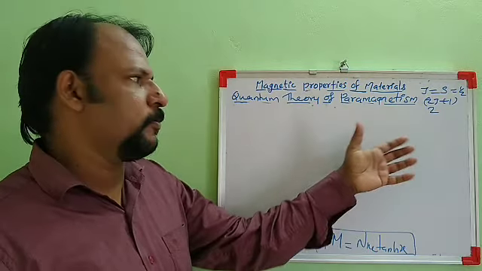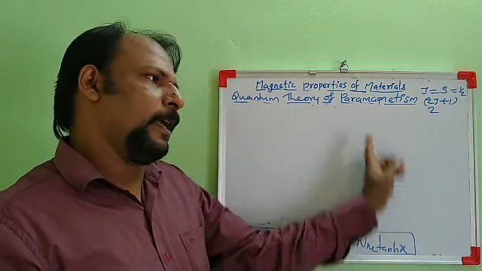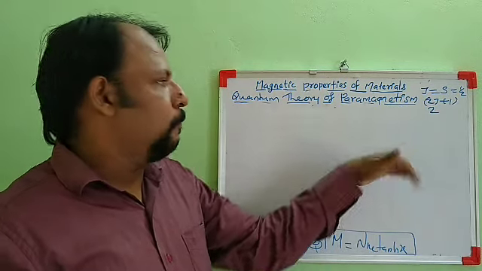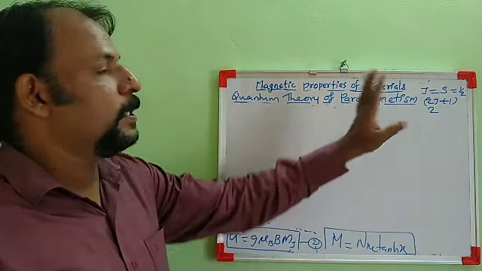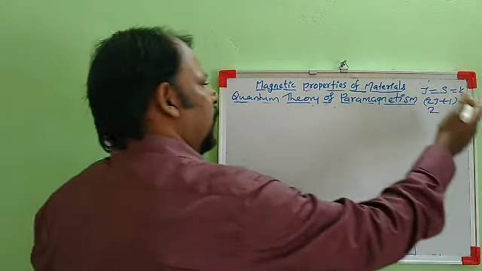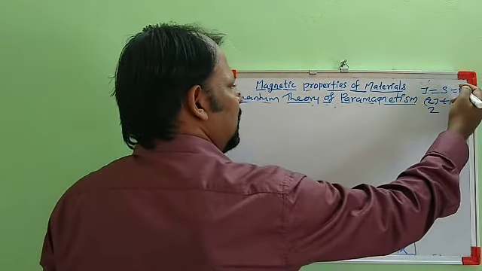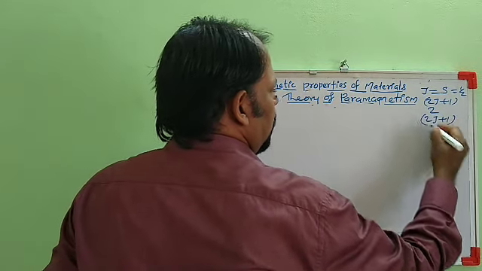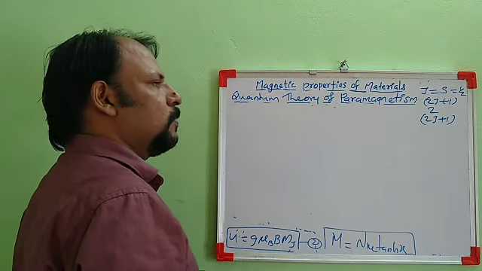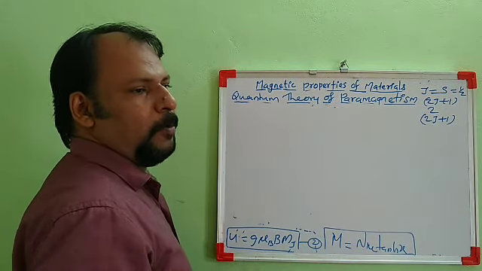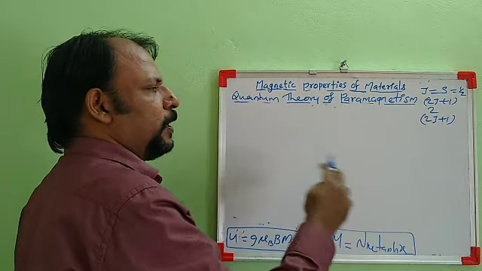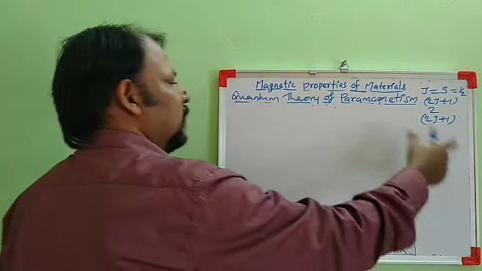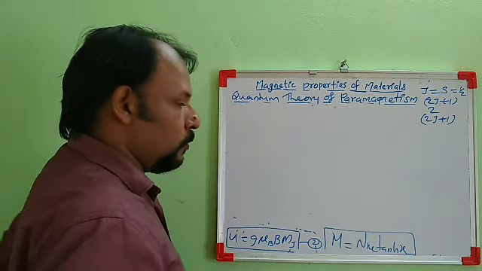The total number of atoms we divided into 2 types, one set of atoms aligned parallel to magnetic field and another set aligned anti-parallel to magnetic field. But if it is not equal to 1/2, it can have any value, J is actually L plus S. So in general, there will be 2J plus 1 orientations of magnetic moment, angular moment. Total angular moment can have, the dipoles can have 2J plus 1 orientations and 2J plus 1 different energy values.